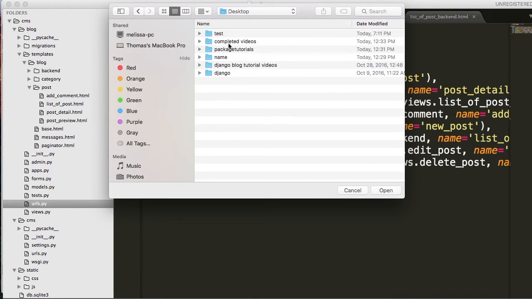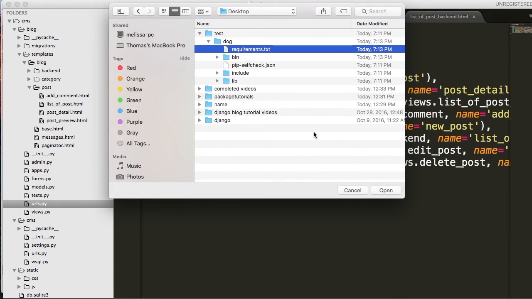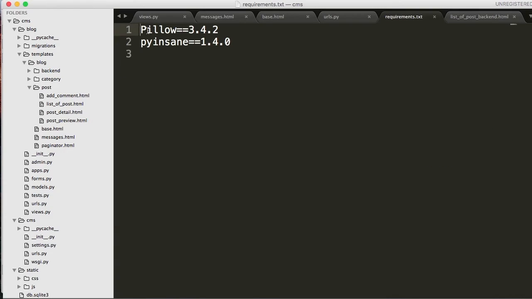Desktop, test, dog, requirements.txt, open it up. And right here you see we've got Pillow and PyInsane because that's the requirements text. So Pillow and PyInsane are the required packages for this environment that we created. So what it did was it said, all right, we need Pillow because PyInsane needs Pillow, and then PyInsane itself